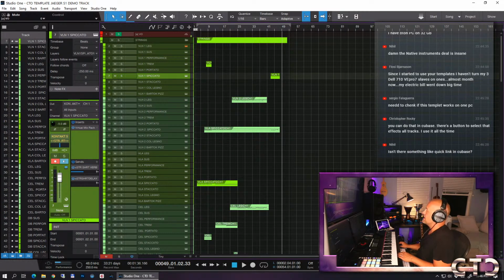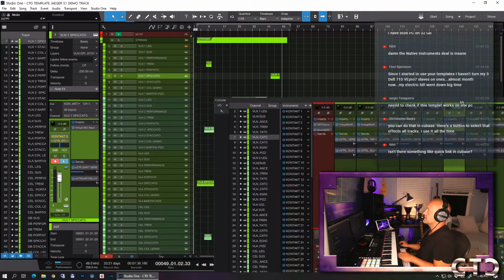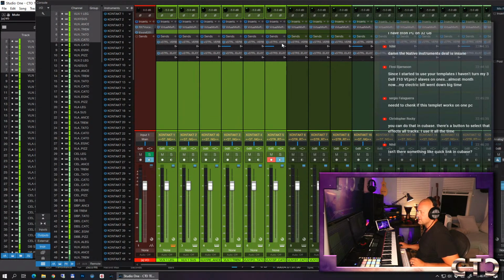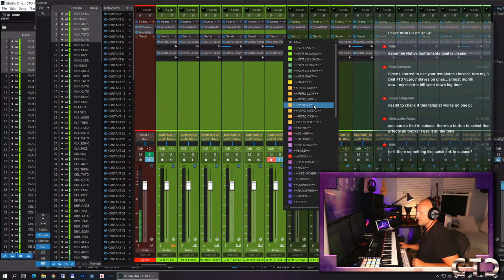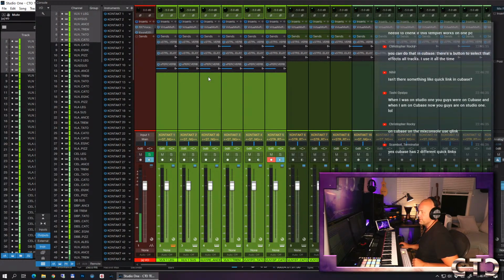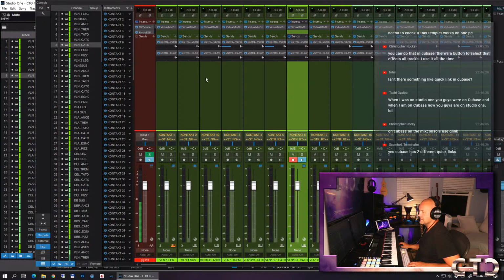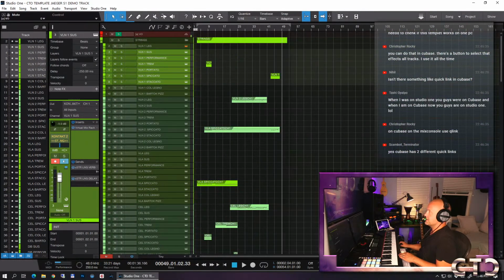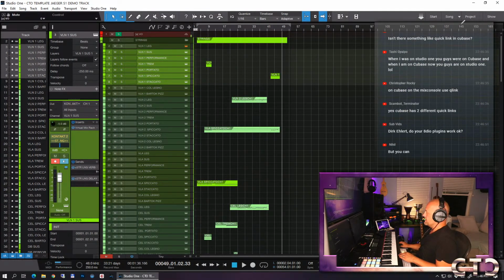Christopher, yes, you can do stuff on multiple tracks, but the stuff that I just showed with the mixer is not possible in Cubase. I can't select all these channels and say go to percussion reverb, for example. But having one reverb and just dragging it to the other channels, and all the other channels get that automatically, the way Studio One handles that, is not possible in Cubase. But anyway,